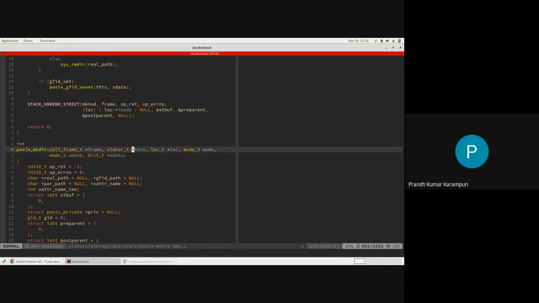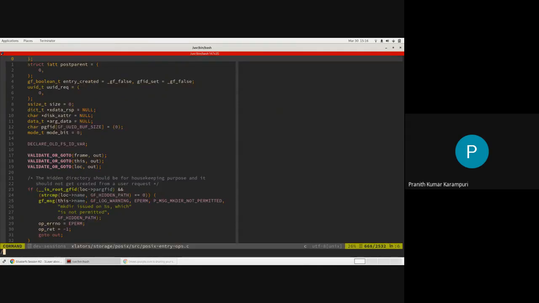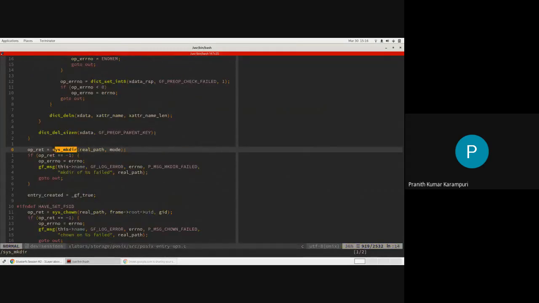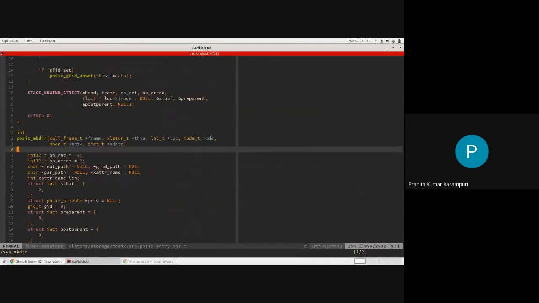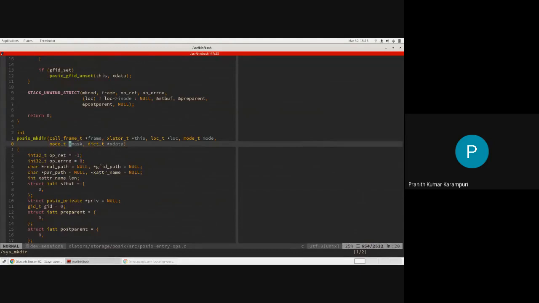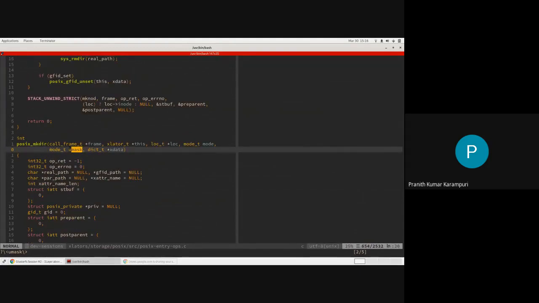Once you have this LOC and the other arguments, essentially you will find the mkdir somewhere. Let's see what umask is for. Okay, umask it is not using, only mode, I think.